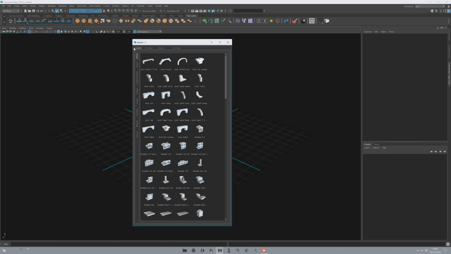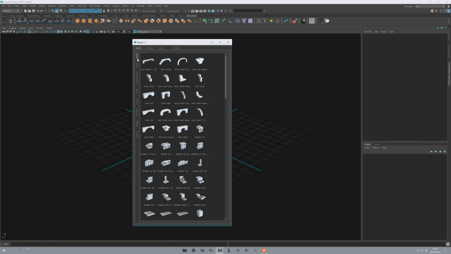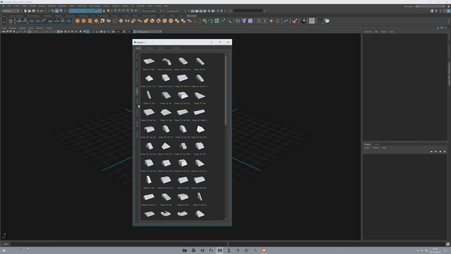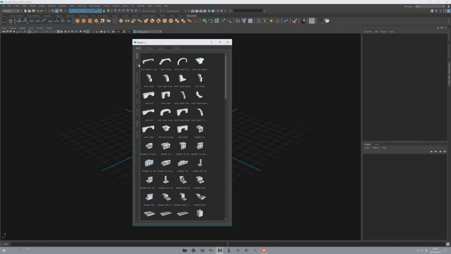You have 4 panels. The first one is for classical Lego brick creation, with sub panels, little tabs, organizing the bricks: where they are and how they are classified, like brick, plate, modify, slope, for example, and there will be more with updates.